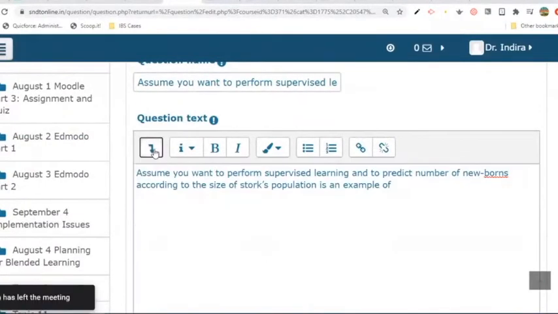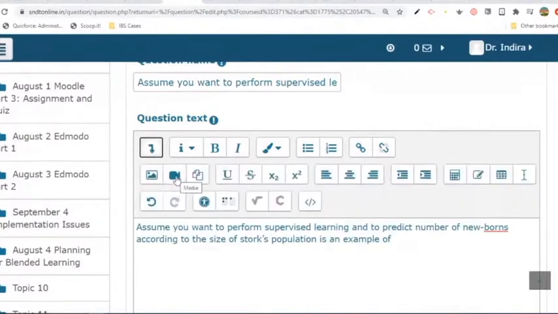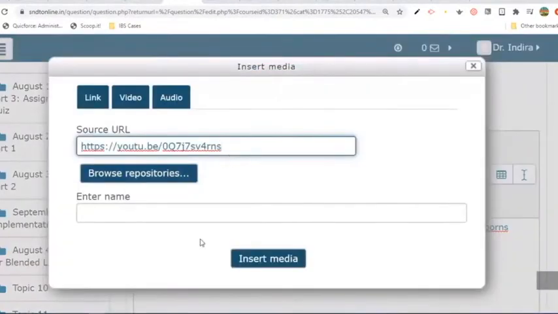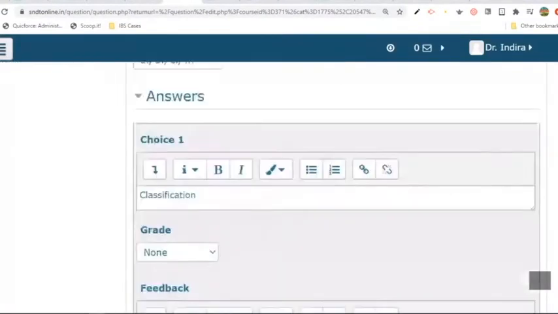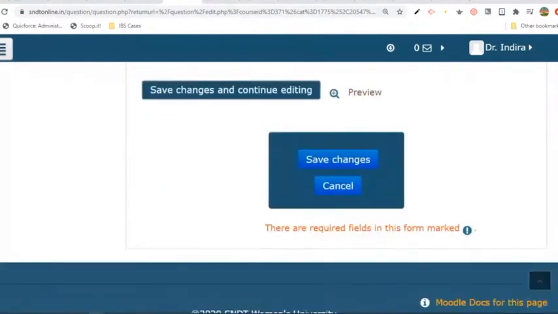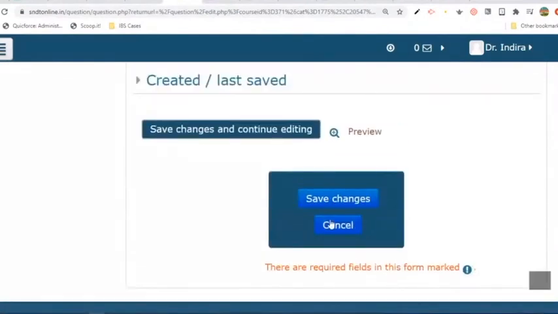By default all these tools are not visible. You need to expand them by clicking on the first button on the editor toolbar. Place your cursor wherever you would like to embed this, and it's very simple: insert media. Once we save, only then will it be visible as media.